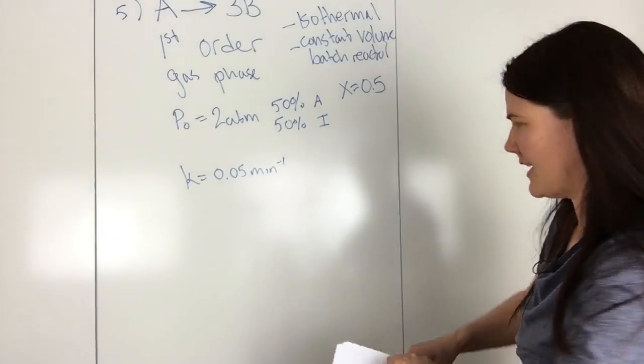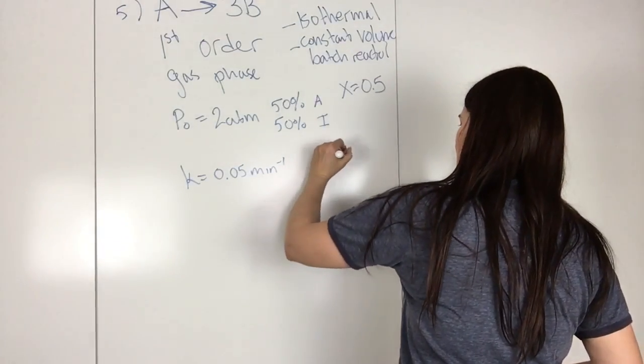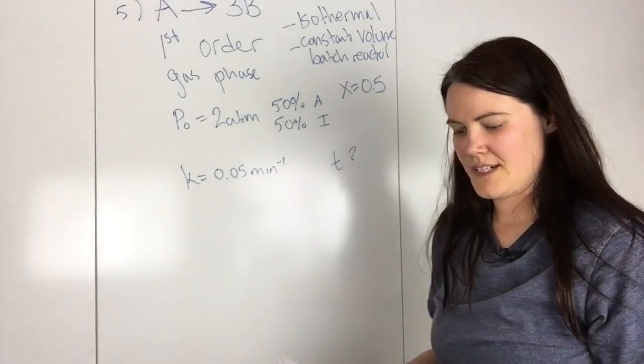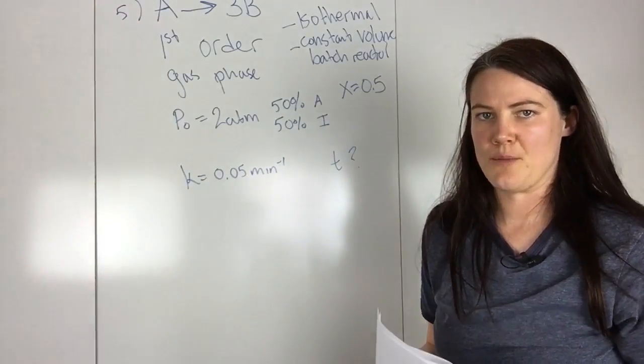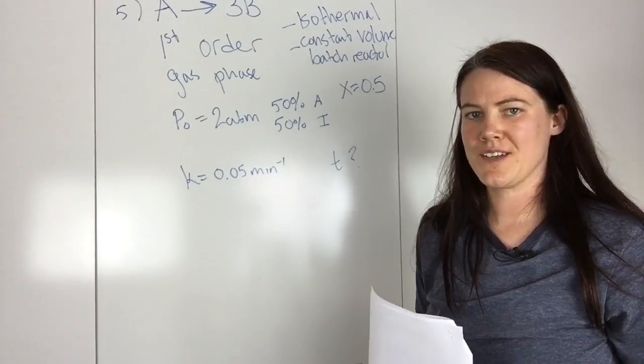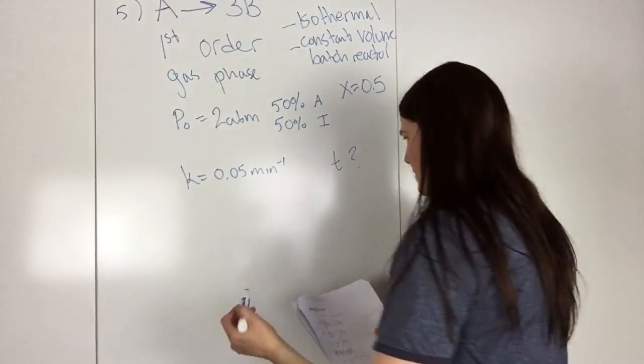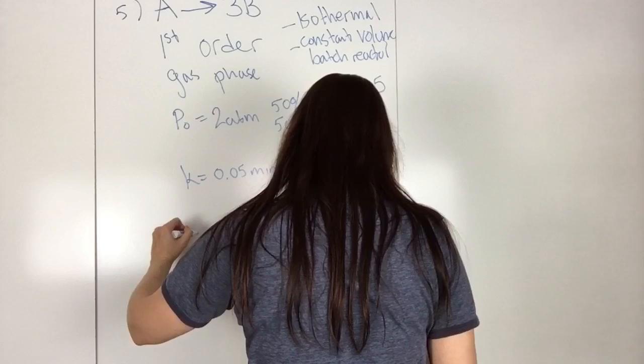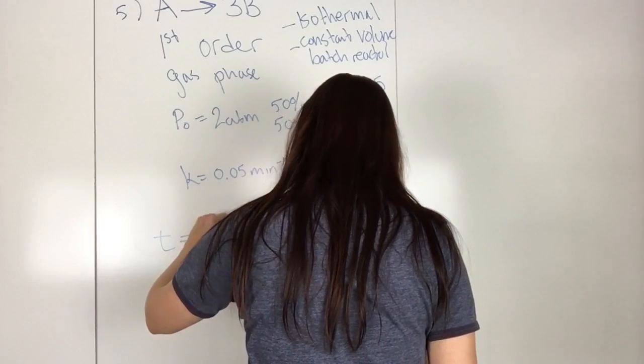So in order to get the time, we need the design equation for a batch reactor, which is in Chapter 2. So writing that down, we know that the time is equal to NA naught